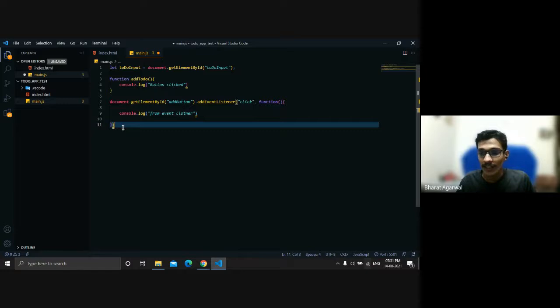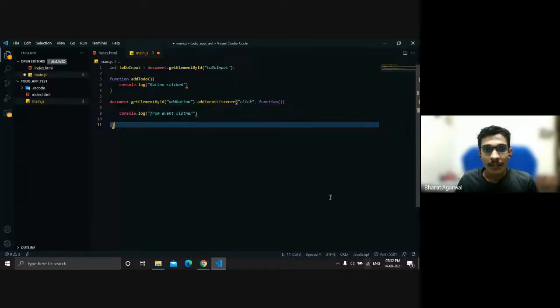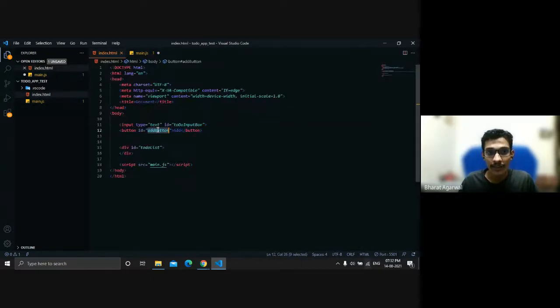Okay, did you guys get this one? How can you make a button interactive? How can you perform actions with a button, or how can you invoke a function with a button? Cool, thanks, sir. Yeah. So moving ahead. As of now, I'll just comment this out and only use the other one to keep things simple.